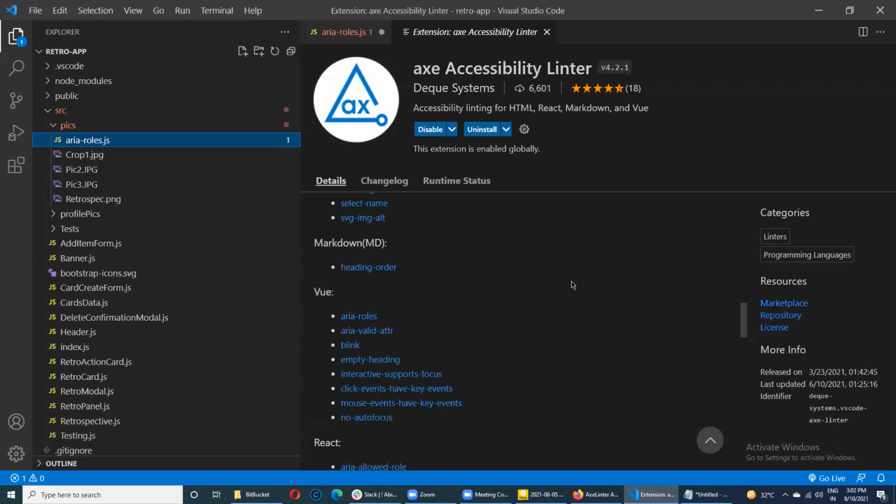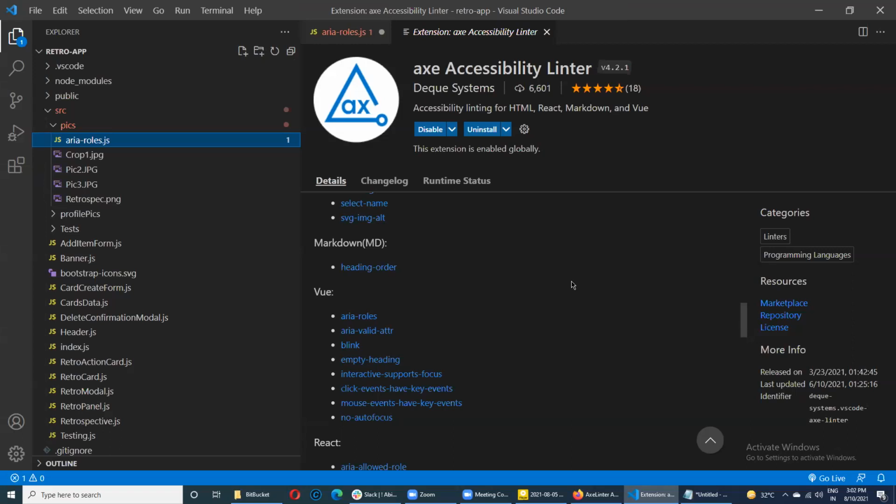One question there is, how do I get screen reader options from Axe Linter? I didn't understand that. Aparna, did you get that? Not really. Can you repeat that question again, Abin? It says, how do I get screen reader options from Axe Linter?